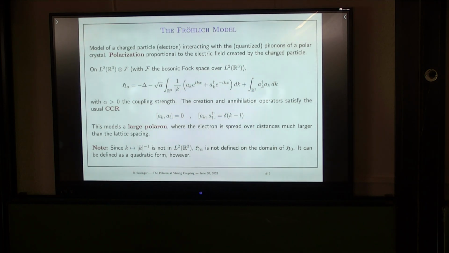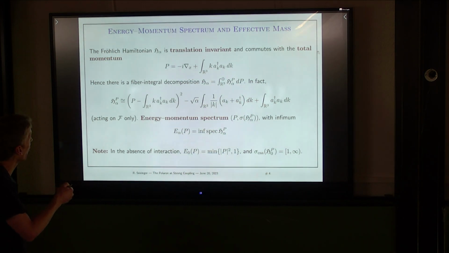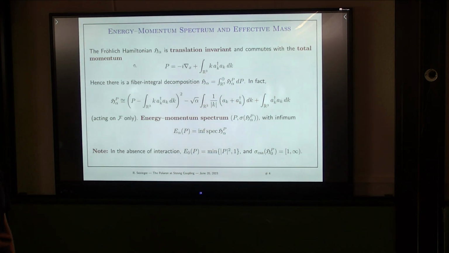Now what questions do we want to address? Basically, we want to do a spectral analysis of this operator. We want to learn about its spectrum, and more precisely the joint energy momentum spectrum, because this model is translation invariant. It doesn't have any designated points. Mathematically, this is reflected by the fact that it commutes with translations, which are generated by the total momentum, right? So there's a conserved quantity, which is the total momentum of the system, which is simply